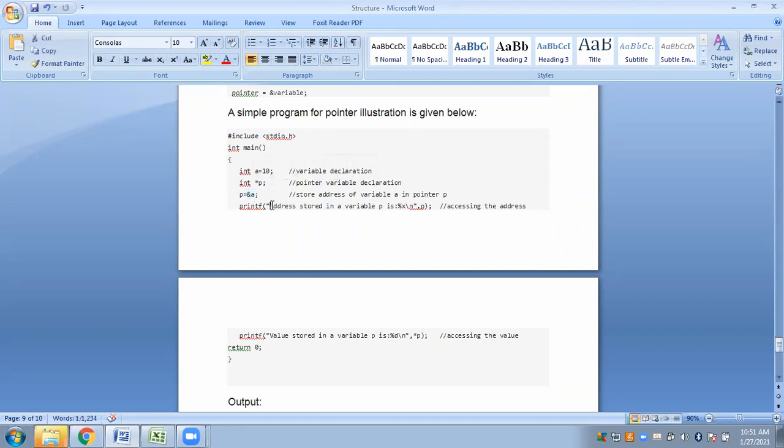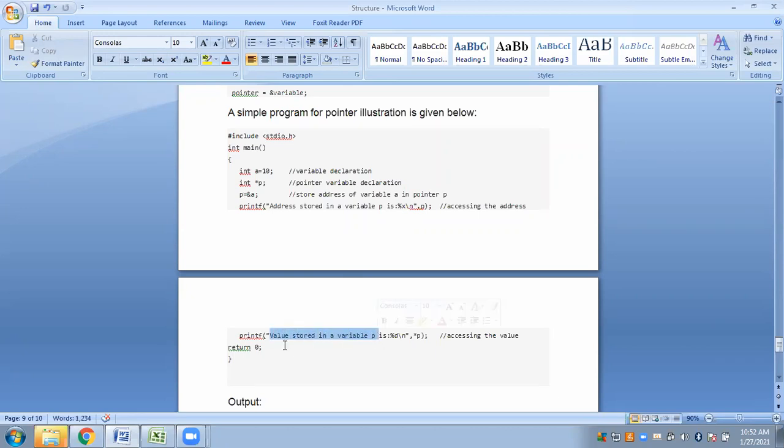So when this statement is executed, we will simply have the value that p is holding, that is the memory address of a. It will simply show us the address that is stored inside p.